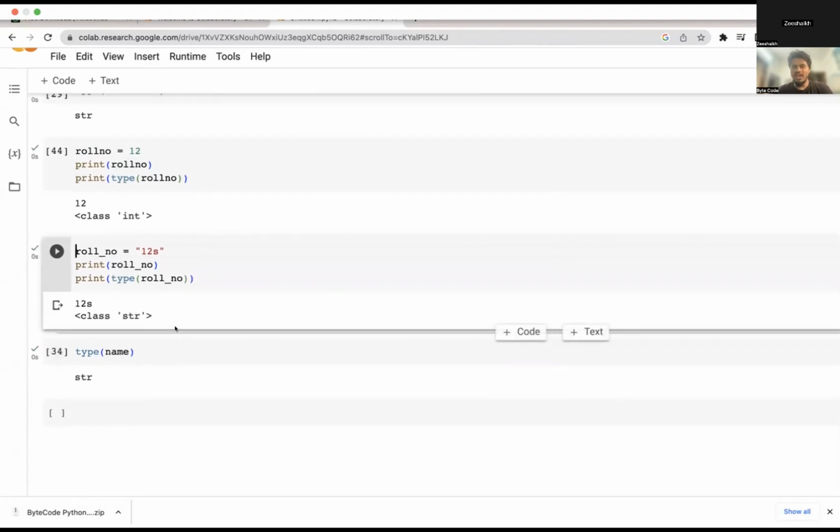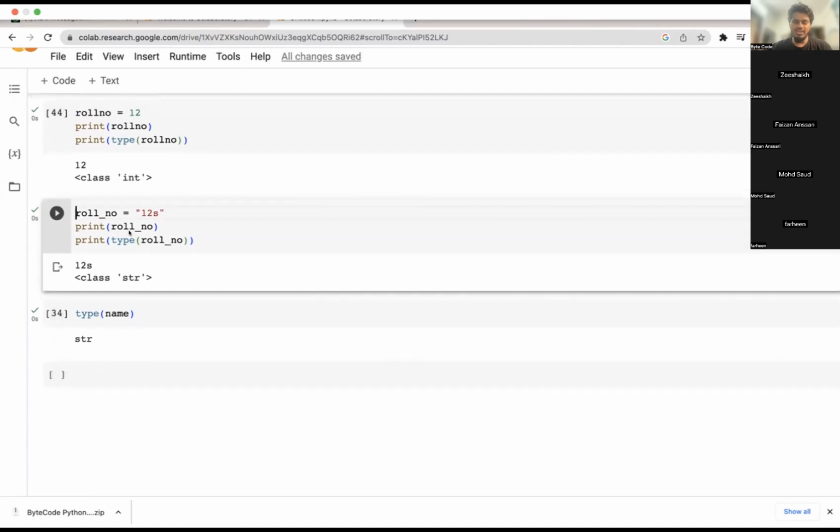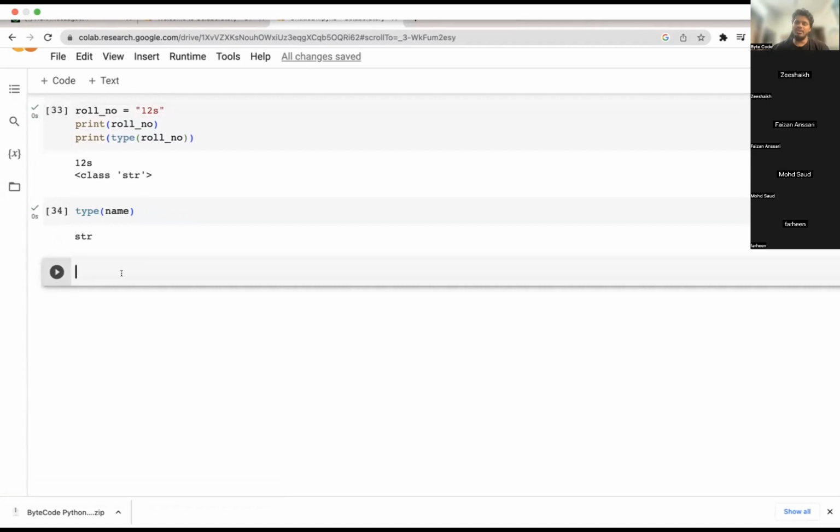So until now, what we were doing is that we were actually writing the name inside the Python itself, like saying roll number 12 or whatever. But what I want to do right now is instruct Python to take input from the user and store it in a variable. Let's say I want fruit name. I will say input.